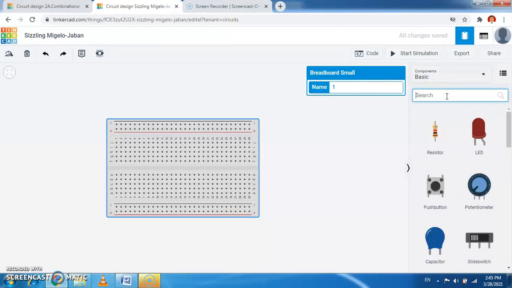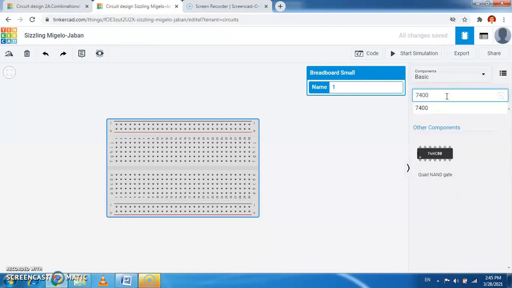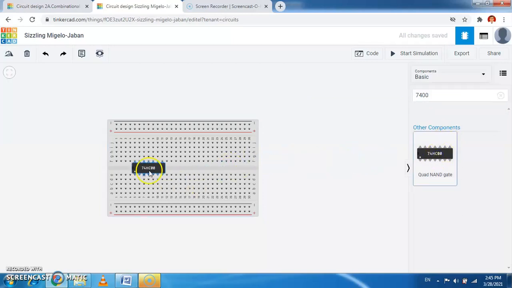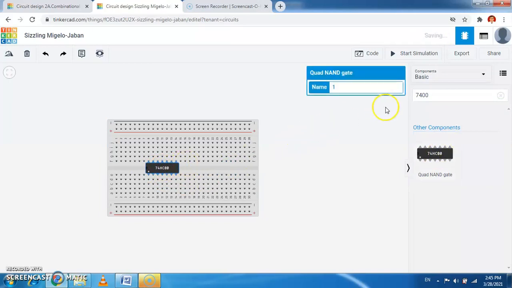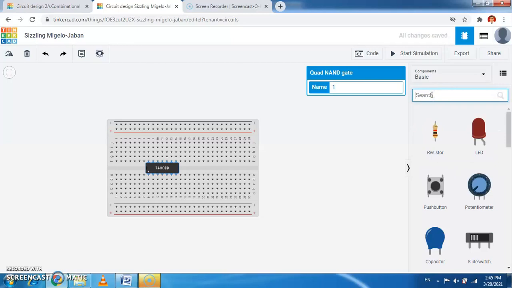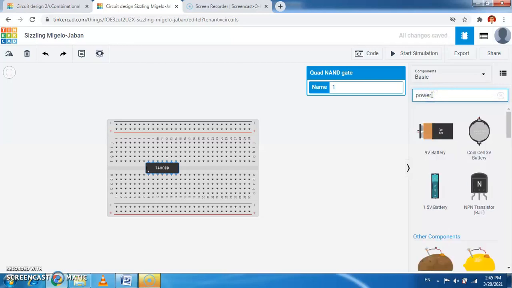So 7400. This is the quad NAND gate. Select it, drag it and place it at this particular position. Okay. Then we require a supply for this IC to operate. Therefore a power supply is required.